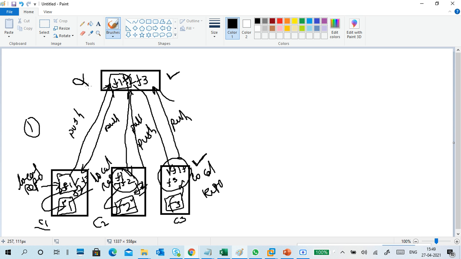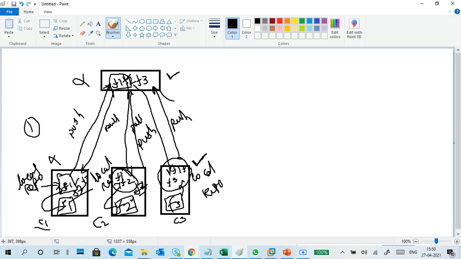So if in case central is down, no problem. The project won't stop, because the data is available in your PC. For example, if your local PC is down, no problem. Centrally, data is available.